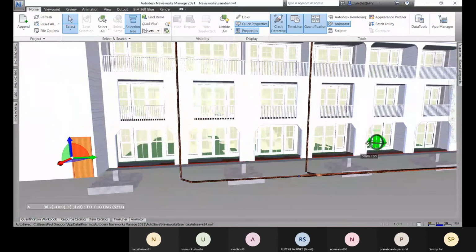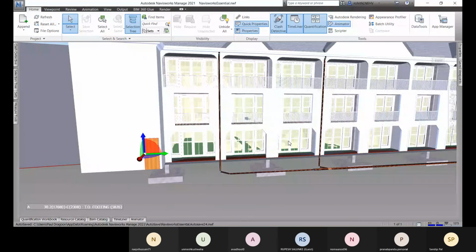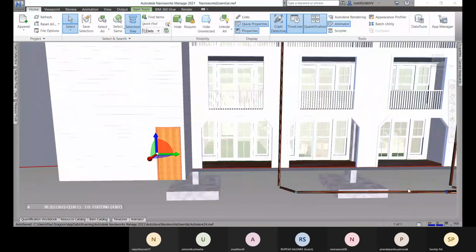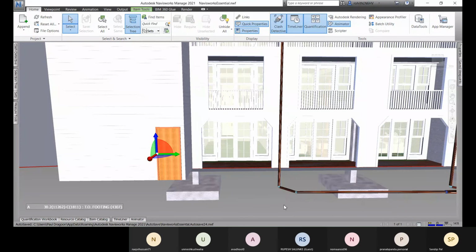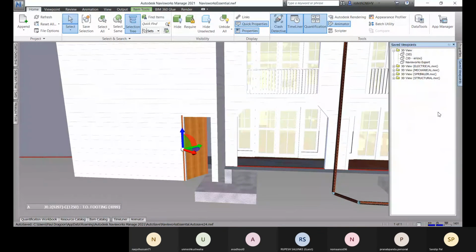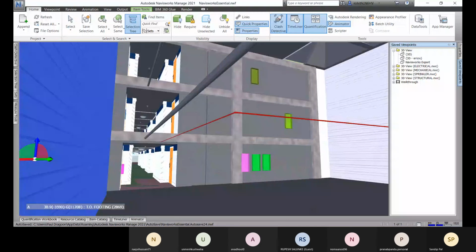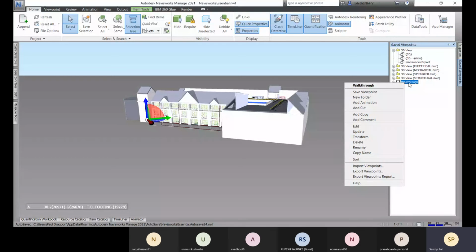So I have this walkthrough, which I had created earlier.